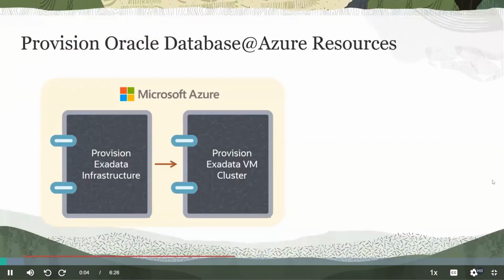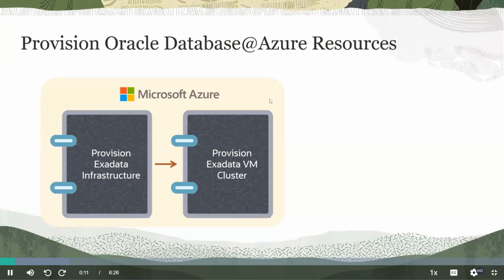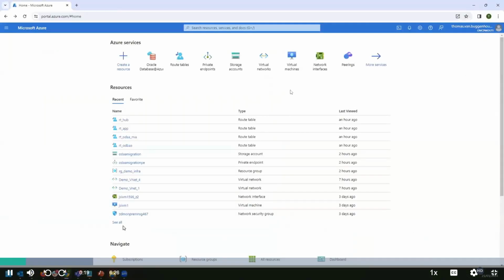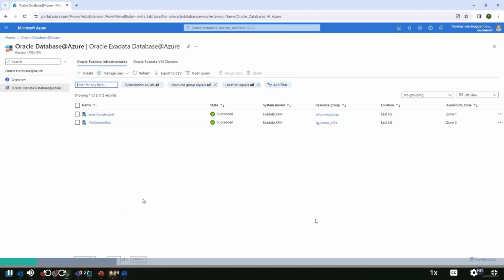Hello. We will first start our provisioning with the Oracle Database at Azure resources on the Azure portal. Here we can provision an Exadata infrastructure as well as the Exadata VM cluster. So let us go to the Azure portal. Here we go to select the Oracle Database at Azure page, where we select the Oracle Database at Azure Exadata